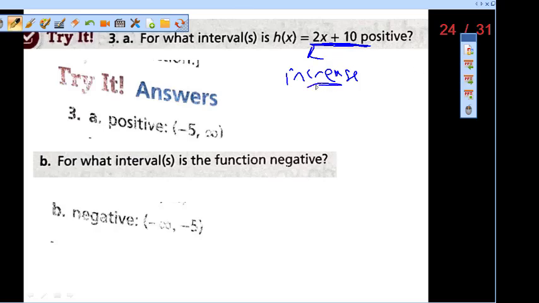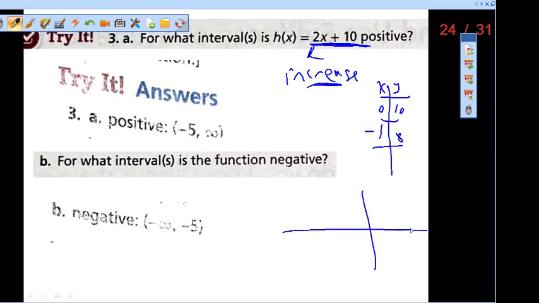Okay, this one always increases. But where is this one positive? I must graph. How could we graph this one? Put x at 0, my y is 10. Put x negative 1, my y is what? 8. Then we graph 0 and rise 10: 1, 2, 3, 4, 5, 6, 7, 8, 9, 10. When it's negative 1, 8, and I make the line